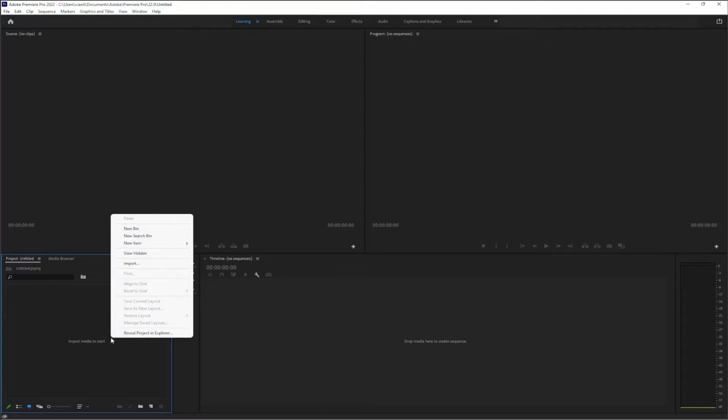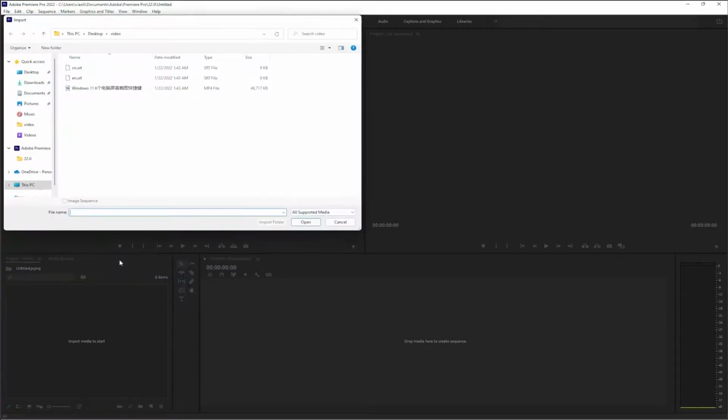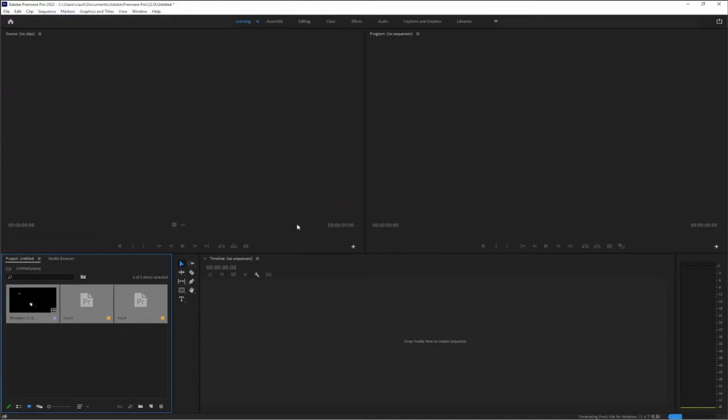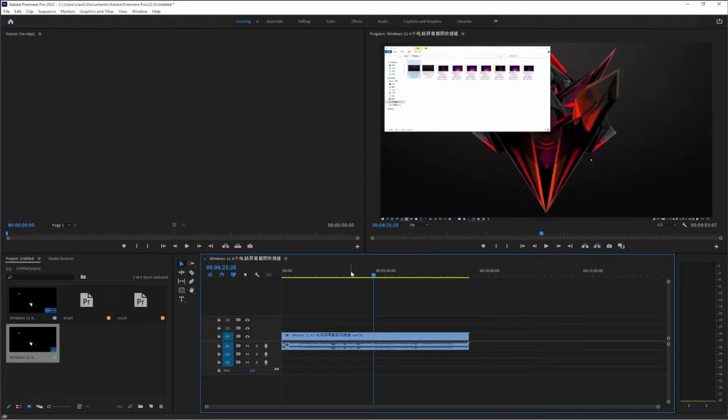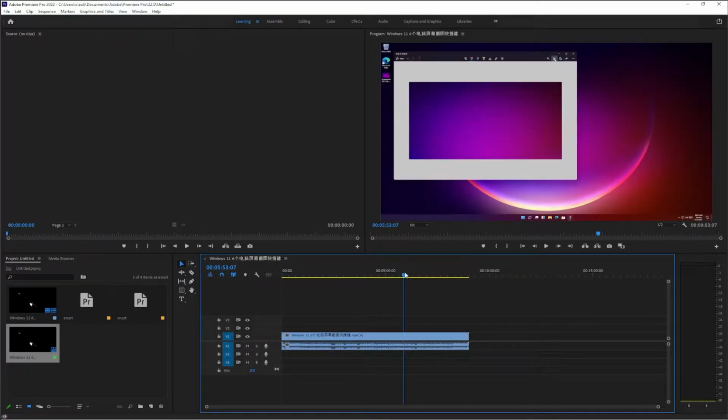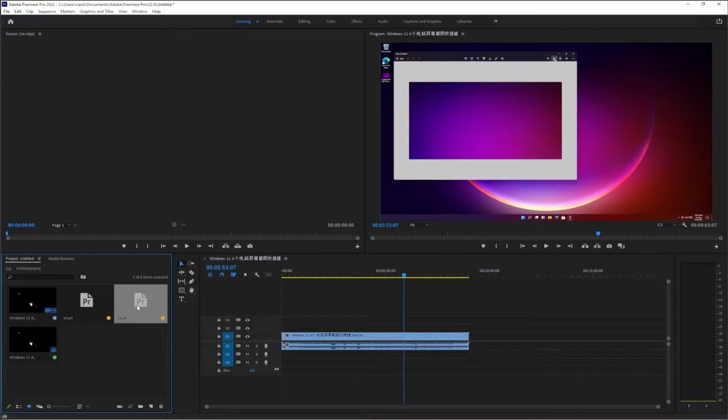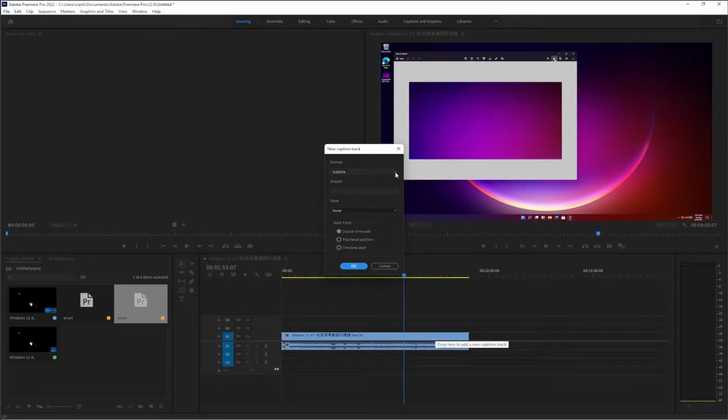Import 3 clips through the project panel. Drag the video file into the timeline panel to create a new sequence. Drag the cn.srt subtitle file into the timeline panel. Just leave the dialog box as default.